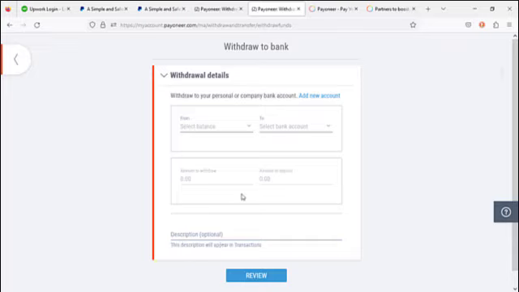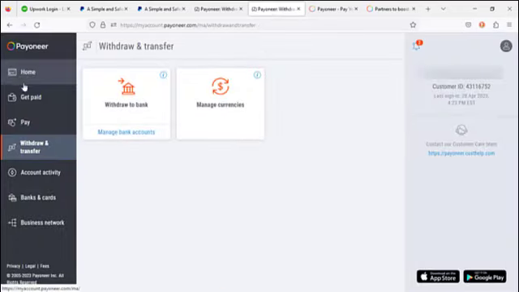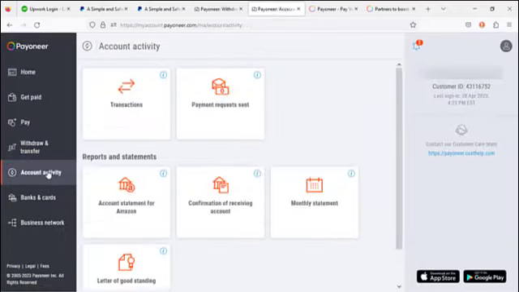All right, that said, we head back and then we go over to account activity. So this is where you can get to see everything that has been going on in your account, the transactions you have made, the payments, requests that you have sent out. If there is any account statement for Amazon based on the linking that you have done between Payoneer and Amazon,